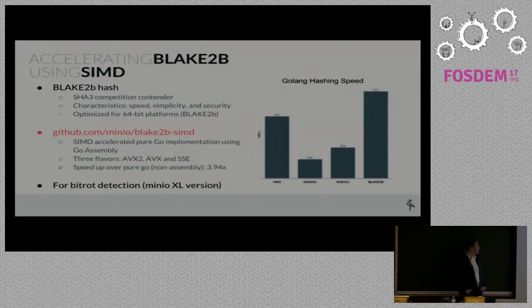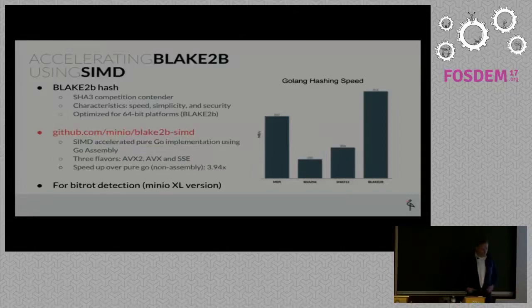And it's really optimized for 64-bit platforms. So we developed a repository using the SIMD instructions to accelerate the Blake2B algorithm. And actually, we did it in 3 flavors. There's an AVX2 implementation, which is the fastest. Then there's an AVX, and then there's an SSE implementation. So depending on what your CPU supports, the highest level of SIMD instructions that is supported will be used. But overall, we were able to achieve close to a 4x performance improvement over